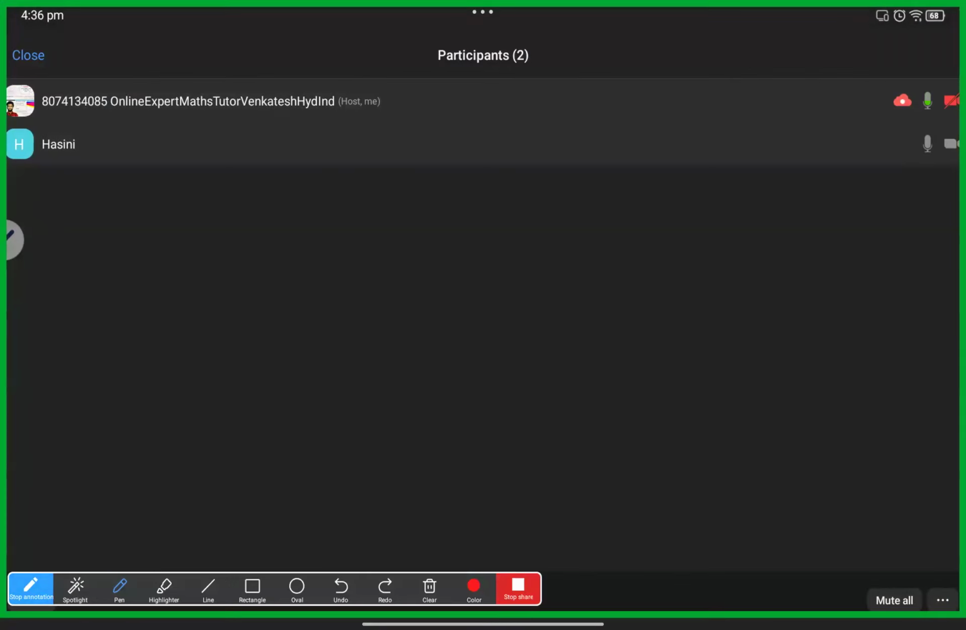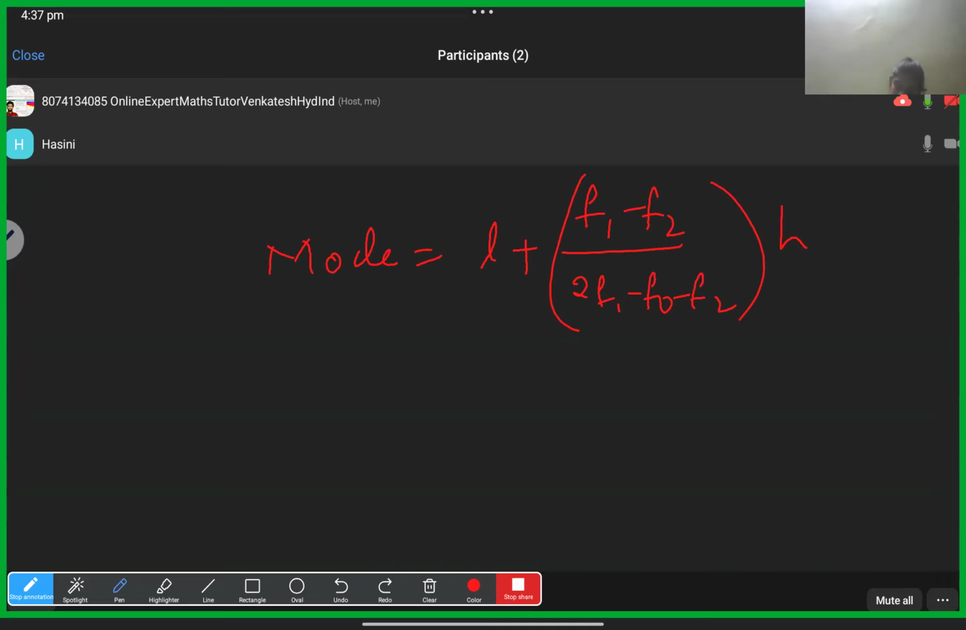Mode for grouped data: mode is equal to L plus (F1 minus F0) by (2F1 minus F0 minus F2) into H. Some teachers will say F0, some teachers will say F0 like that. Where